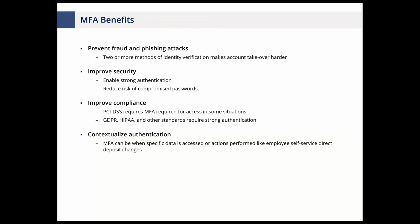When we talk about multi-factor authentication, again, we're trying to prevent the fraud. We're trying to prevent the phishing attacks. We'll show you an example here in a little bit that we had a client who implemented our multi-factor authentication because they were getting phishing attacks against their employee self-service. So people were phishing their employees, and it was a large university,